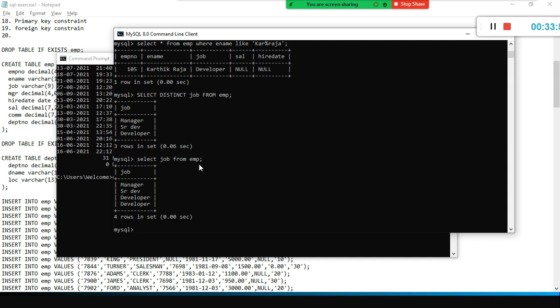But when you query job from EMP table, 4 different jobs are there, but these two are same only, developer same, right? If somebody is asking you, can you tell me how many job types are there in your company, you will say manager, senior developer, that's all. You will not say manager, senior developer, developer, right? So can you tell me the job types in your company? You will say this one, right? Unique job types. So how do I take the unique value from this job column? Distinct. Select distinct, this column name from EMP. I guess all of you are concentrating here.